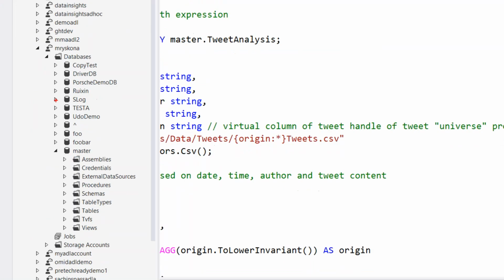So now you see within each of my ADLA accounts, I have a list of databases. Now within those databases, you can see I can even have databases which have weird names. And you will notice that within each of the databases, I have a list of assemblies that have been registered, a list of credentials, the external data sources, the procedures, the schemas, the table types, the tables, TVFs, and views. It is similar to the metadata object, obviously, that we have seen earlier with the one exception,